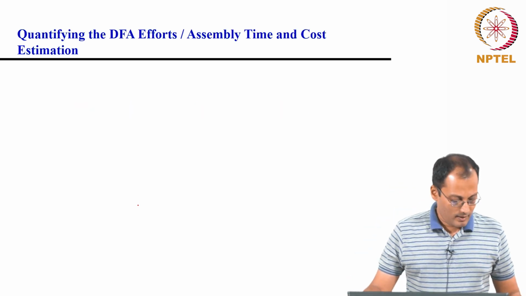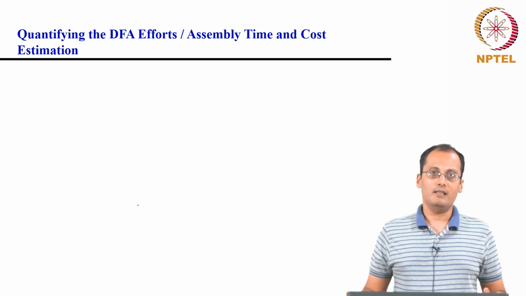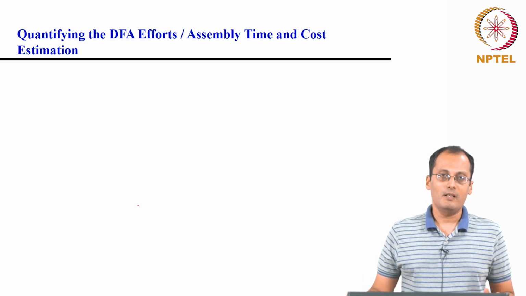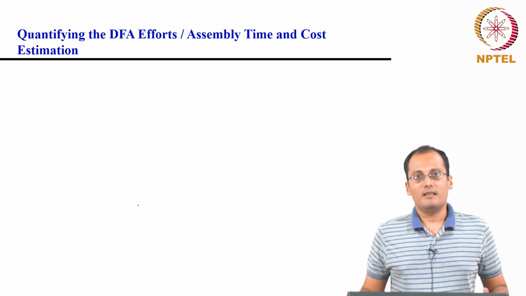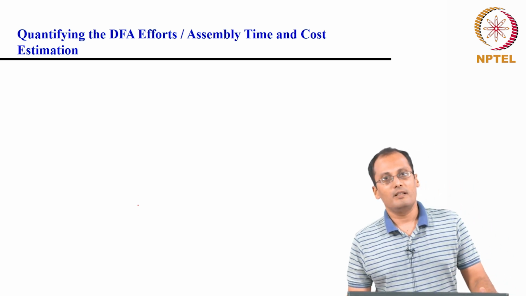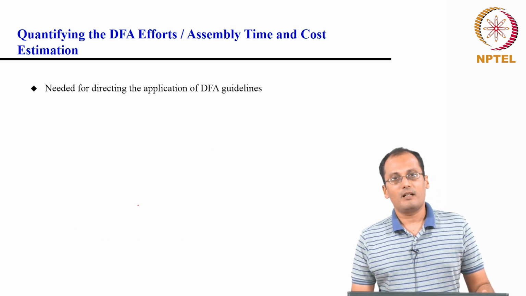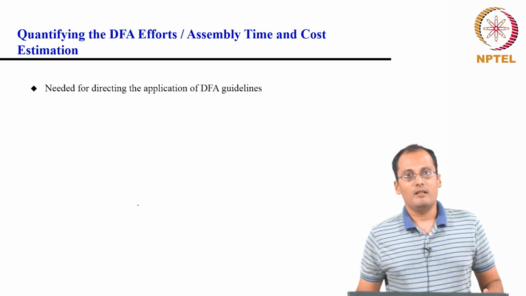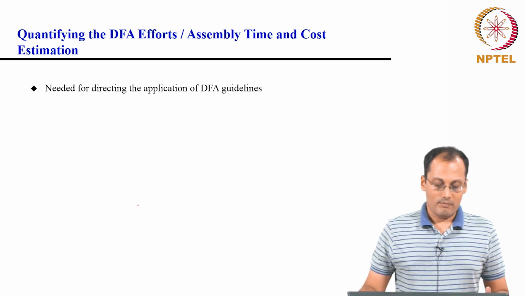So, the index that can be used for assessing the assembly difficulty could be either the cost, which is essentially in terms of the assembly time. So, most of the methods try to obtain an estimate for the degree of difficulty in terms of the assembly time, which can then be converted into cost based on the labor or based on the automatic assembly line setup cost and the operating cost of the assembly line setup.